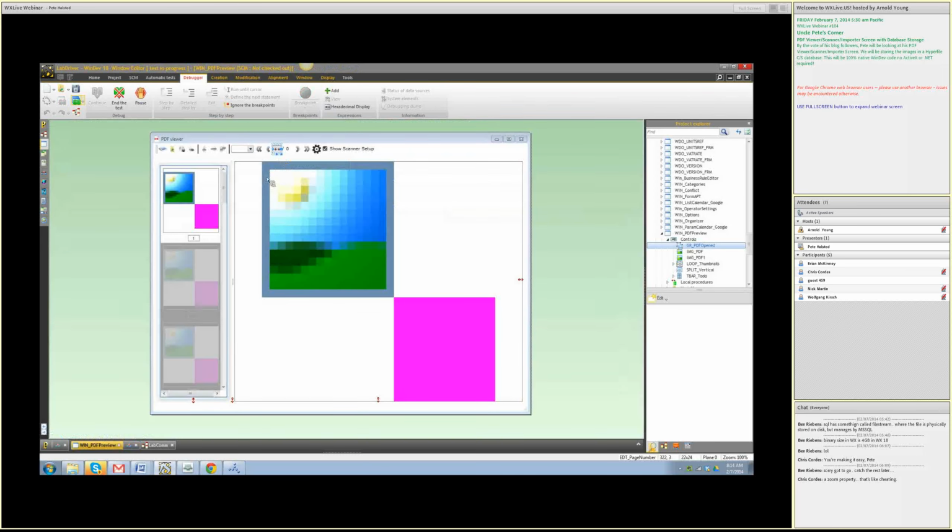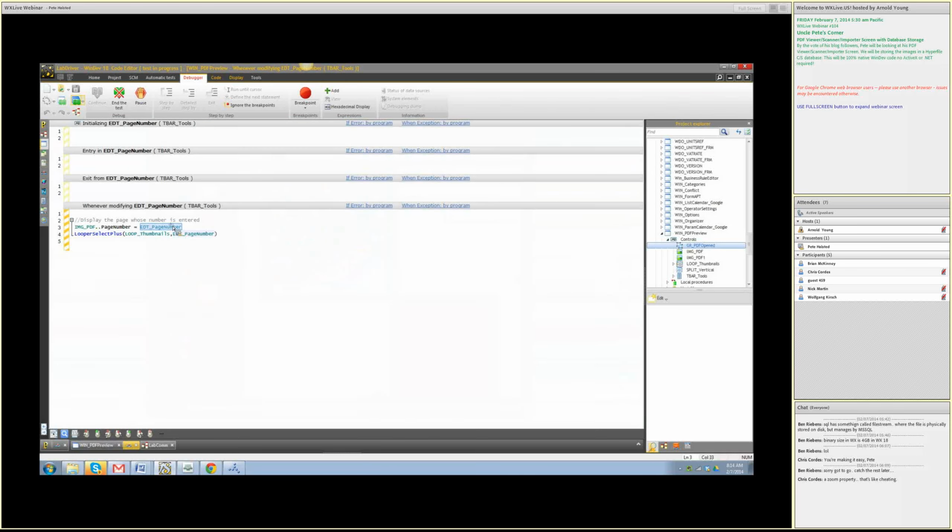So whatever page we type in, we set it to that page number, and then we're using the looper select plus to select that row of the looper. Because remember, we have page number as one of the attributes of the looper, so all we have to do is select